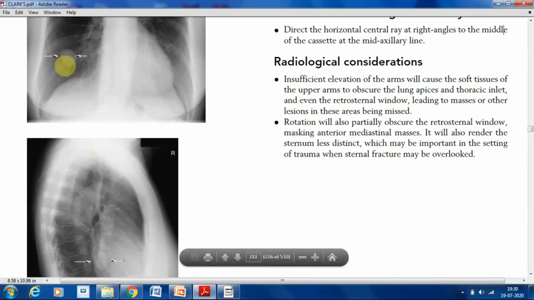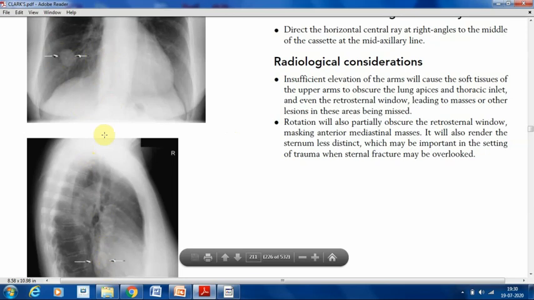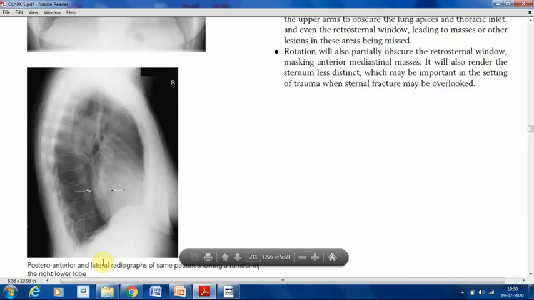Now you can see a mass lesion here, right? In a lateral view, when you see the mass lesion, you cannot make out whether it is in the anterior or posterior. So you can see here, this is the mass lesion at the mid of the lateral chest X-ray. That is the benefit of the lateral view. That's the only purpose. I wanted to see whether it is in the middle lobe or lower lobe.